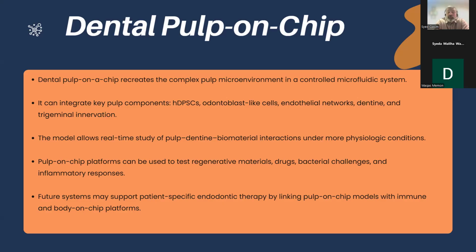When you dig into the literature in regenerative endodontics, dental pulp on a chip comes in as well. It can integrate key pulp components such as human dental pulp stem cells, odontoblast-like cells, and endothelial cells. The model allows real-time study of pulp-dentine biomaterial interactions under more physiologic conditions. If you are mimicking anything on a small scale, it's relatively easy to control the flow of the cells, the flow of the drug, or the material which is growing through these